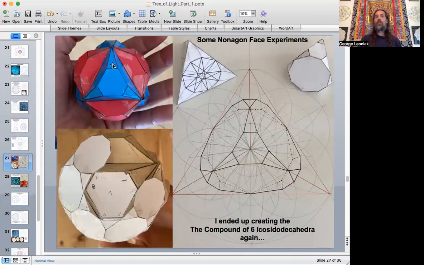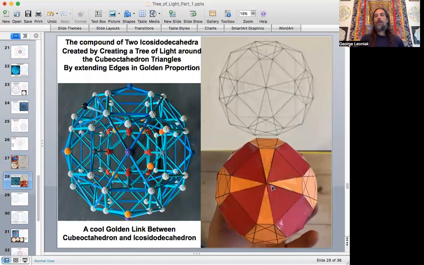I just closed off these edges and made it a full flesh form. So this form is actually 2 Icosahedrodecahedron. And if you study it closely, you'll be able to see where the pentagons are. But it's better if you have that in hand. But on this one, you can see the